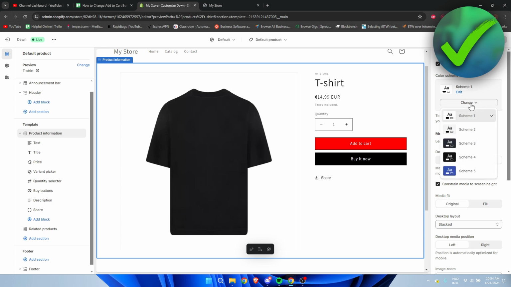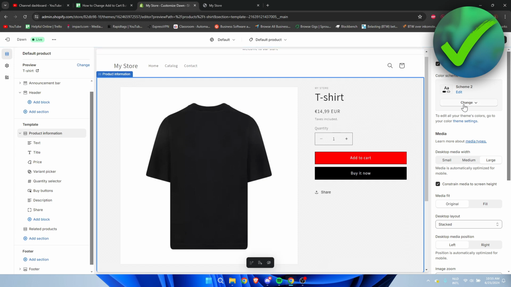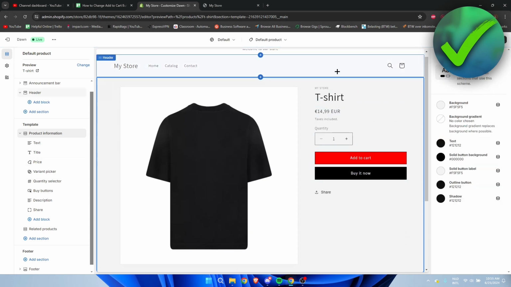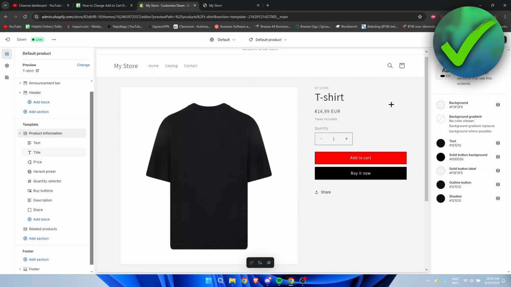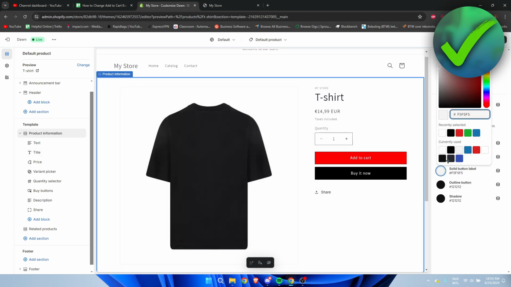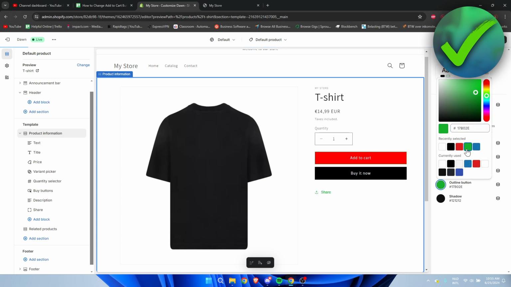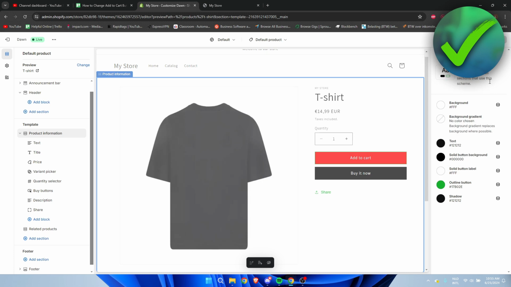But if I go to change, there actually are multiple color schemes. So if every single page on your page follows the color scheme 1, what you can do, for example, for your product page is follow color scheme 2. So then if I go to edit, you can already see that this has become gray. So what I'm going to do is change this back to white again, the solid button label to white again as well. And the outline, I can change this, for example, to green. And now if I go to save,